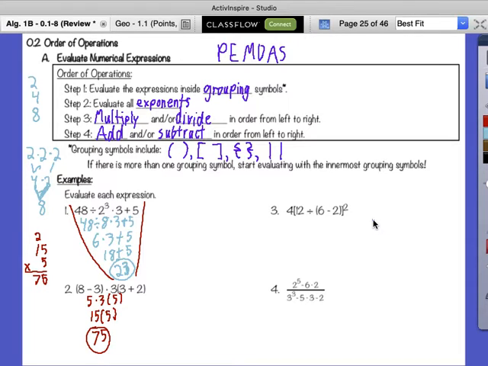Is that your question? What division are you doing? Yep. So you do the whole top, the whole bottom, and then afterwards,